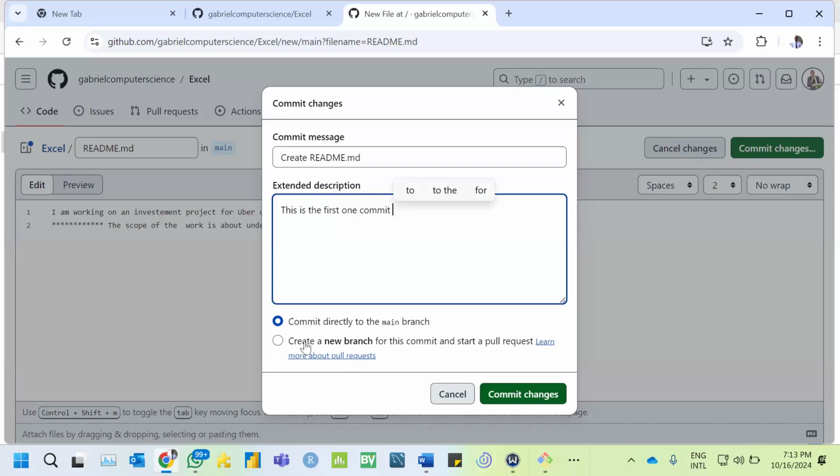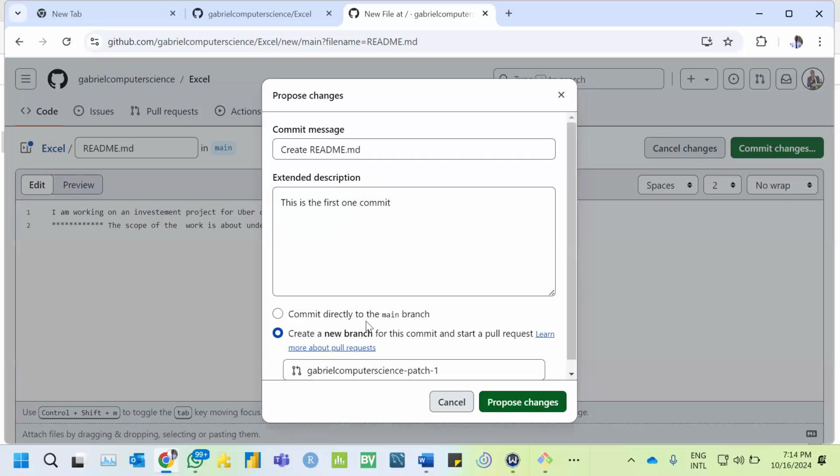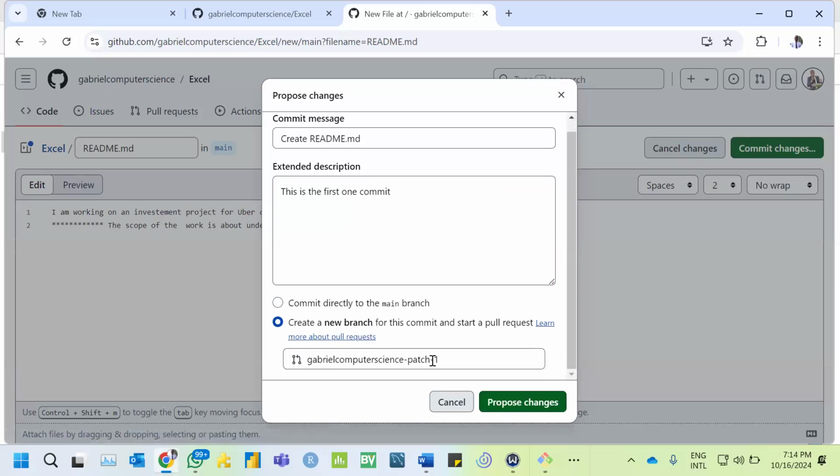So do you want to commit directly to the main branch, or do you want to create a branch for this commit? Now, the reason why they have 2 options is that it helps you when you're working with other branches, so you put the new branch, because you don't want to push your changes or your unfinished work to the main branch, because the main branch is the final one. So now you create a new branch for this commit and start a pull request, so you'll be able to review, to work, and do all that. For me, maybe I can put this under a new branch, and you can give it the name that you want, for example patch 1 or patch 2 or patch 3, or whichever you want,